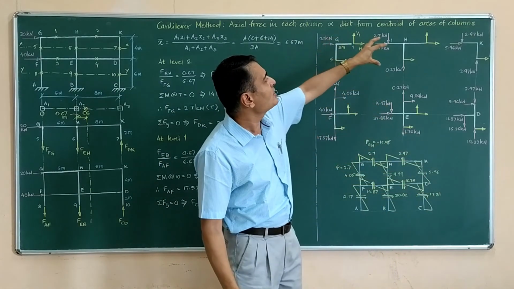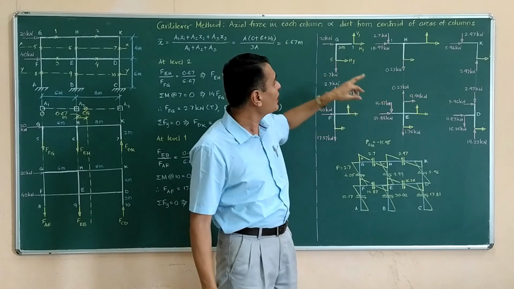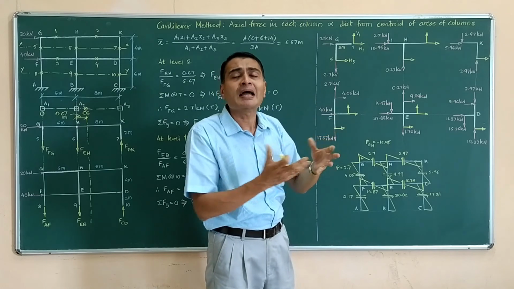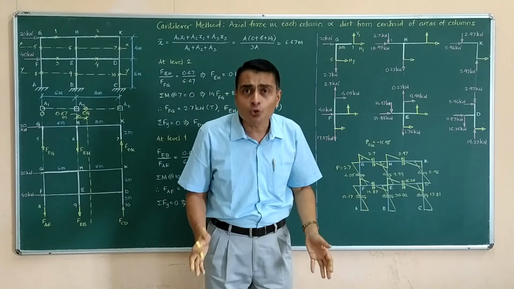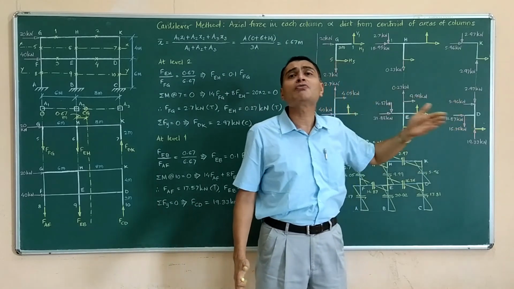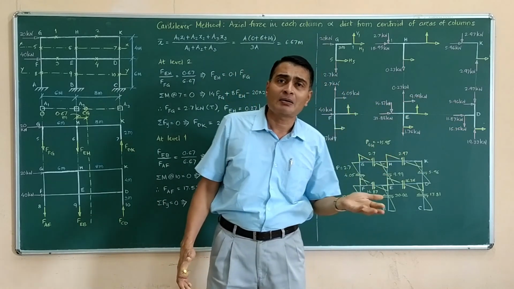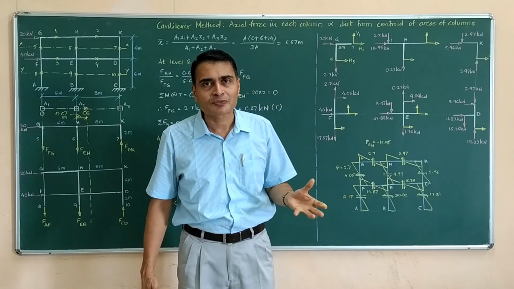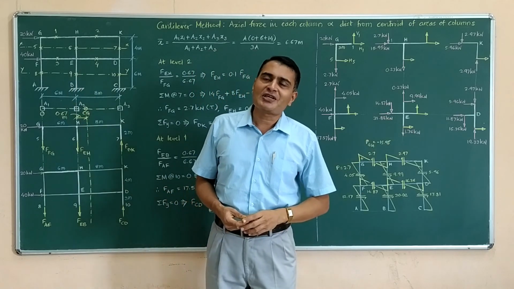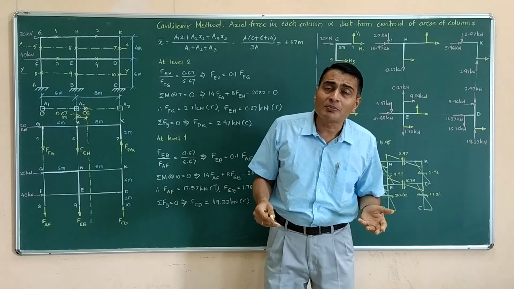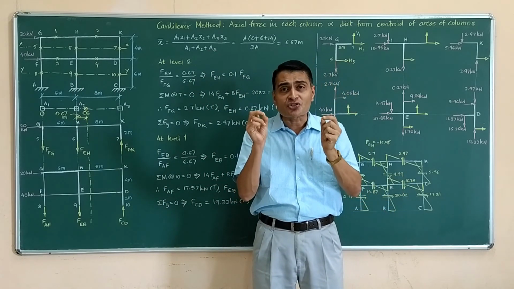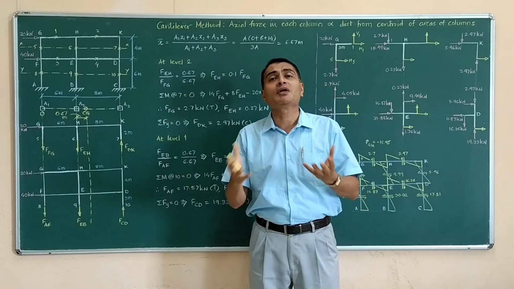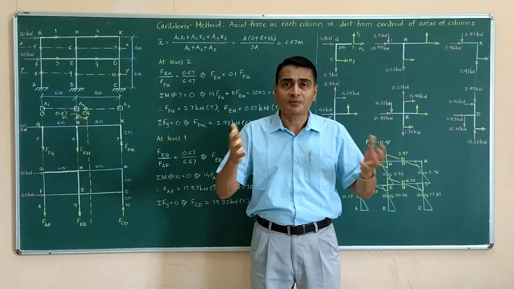followed by several FBDs from point of inflection to point of inflection, the rigid portions which are falling in between. And then each FBD has only 3 unknowns, a couple of FBDs have hardly one unknown, and we easily, by applying sigma M, sigma Fy, sigma Fx, get all our answers. So great, this is the cantilever method. Earlier we saw portal method. Just understand the difference between the two methods, which is only at this particular stage, and you will be able to solve any problem on your own.